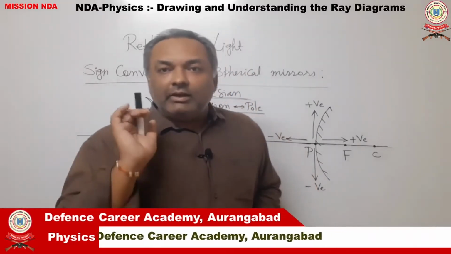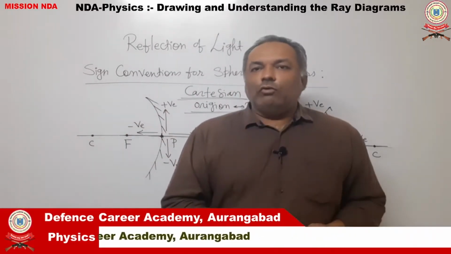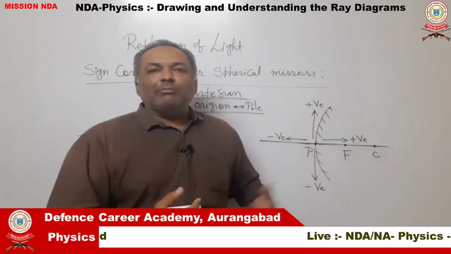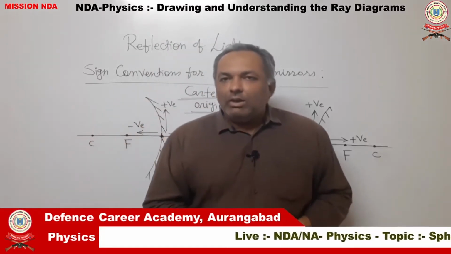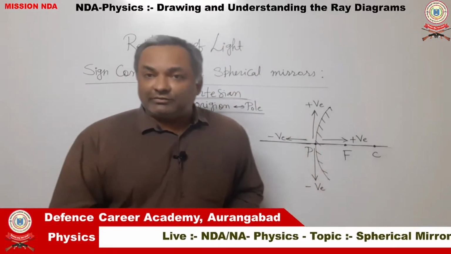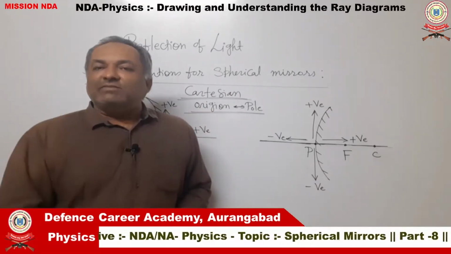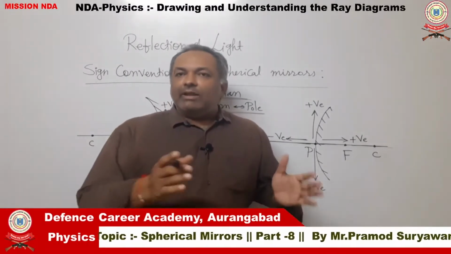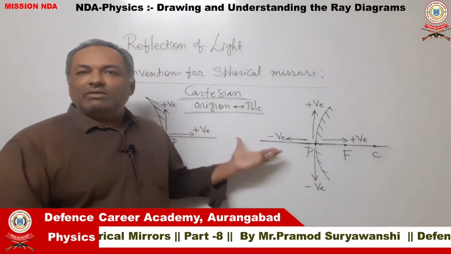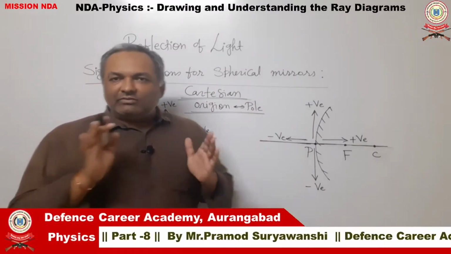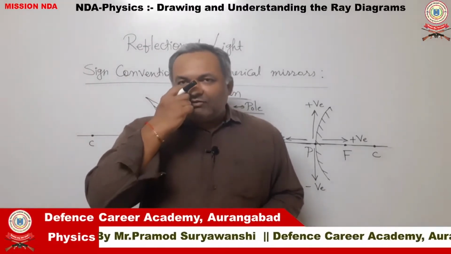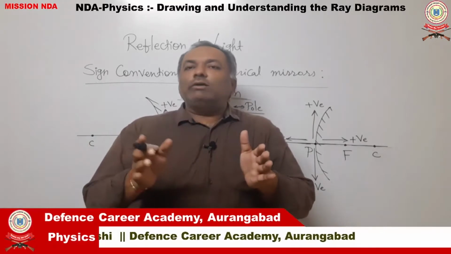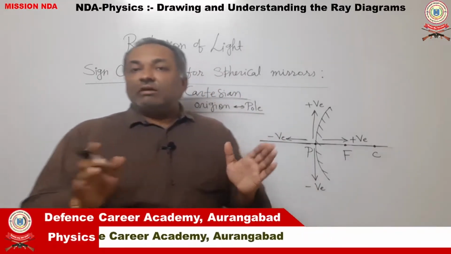Now here is a word of caution that you have to always keep in mind when you think of sign conventions. Whatever general points I am going to tell you about right now are applicable only for spherical mirrors. For spherical lenses, the points will be discussed in that video, in that section, and they may or may not be the same as the ones we are going to see right now. So this is where you have to draw a line: sign convention for spherical mirrors, important points, and for spherical lenses. Do not mix them up, keep them separate.